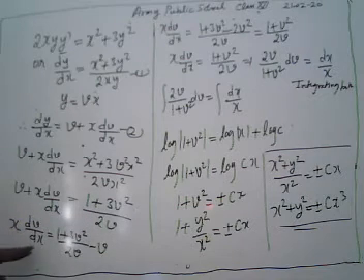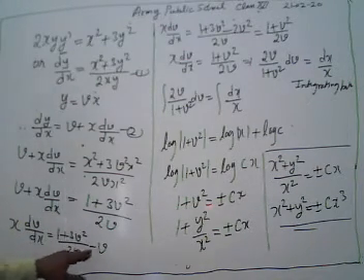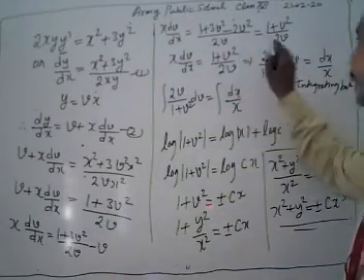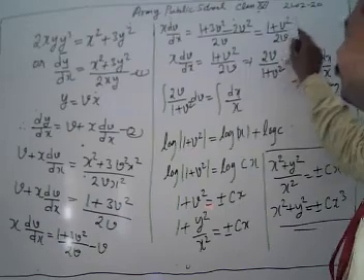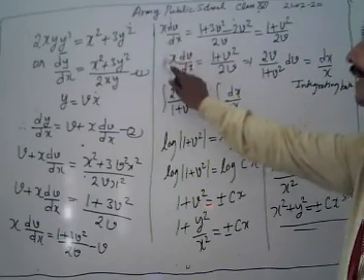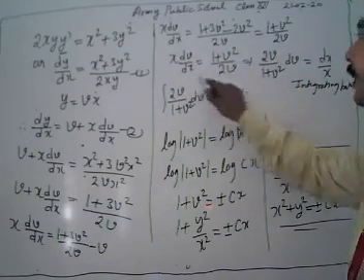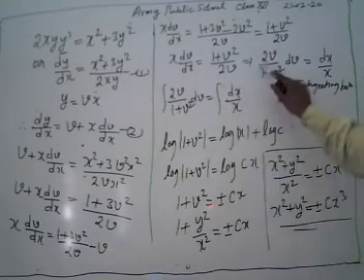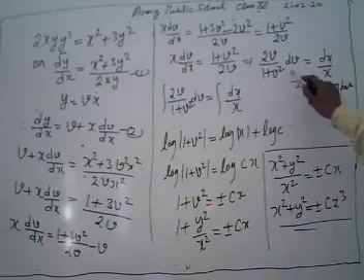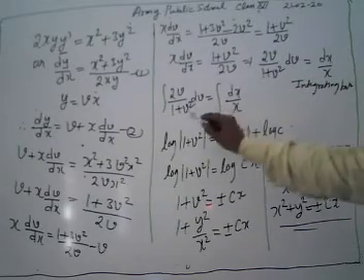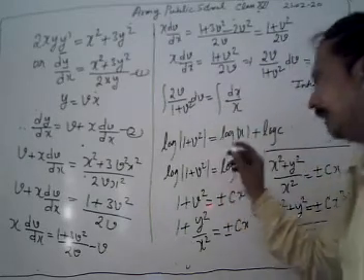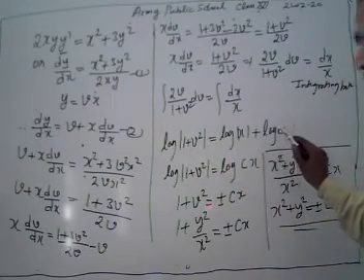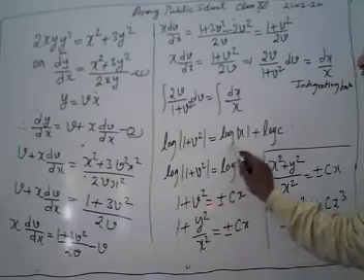Now x dv by dx equals 1 plus 3v square upon 2v minus v, shifting v to the right hand side. After solving, we get 1 plus v square upon 2v. Finally we have x dv by dx equal to 1 plus v square upon 2v. From here we separate our variables. Then we have 2v upon 1 plus v square dv equal to dx by x. Then integrating both sides, we get log of modulus of 1 plus v square equal to log mod x plus log c.